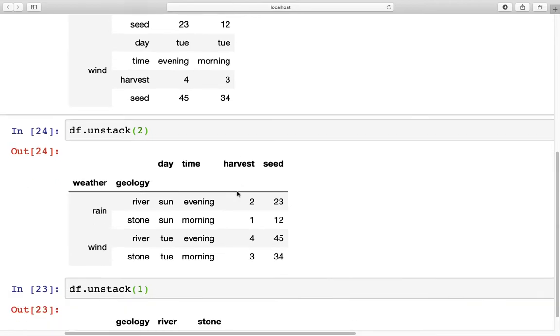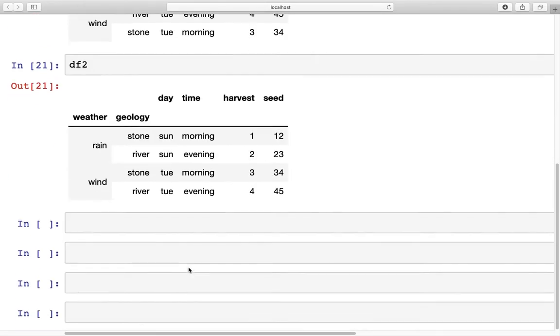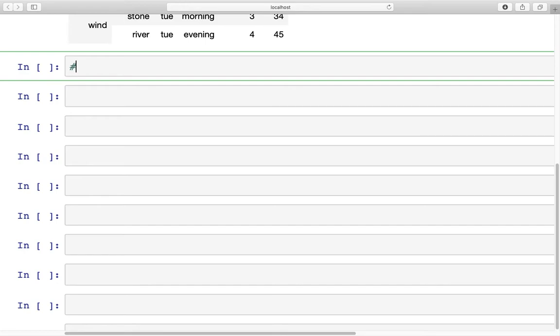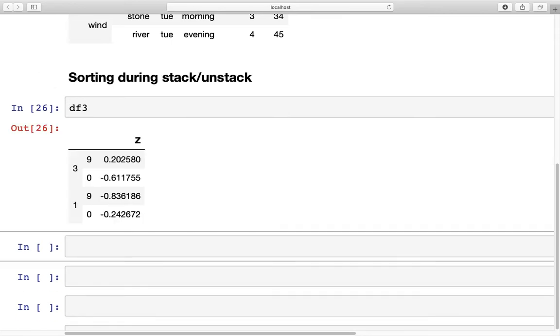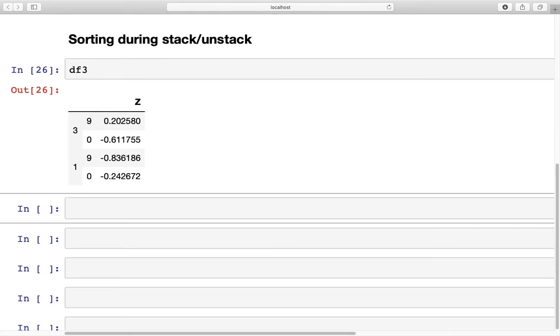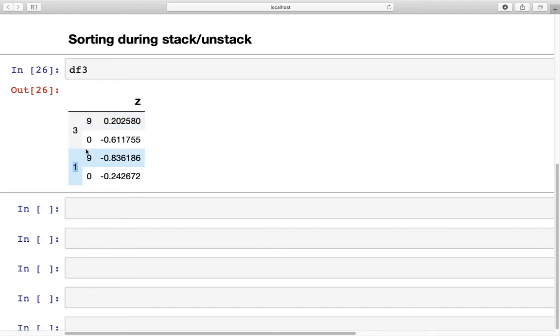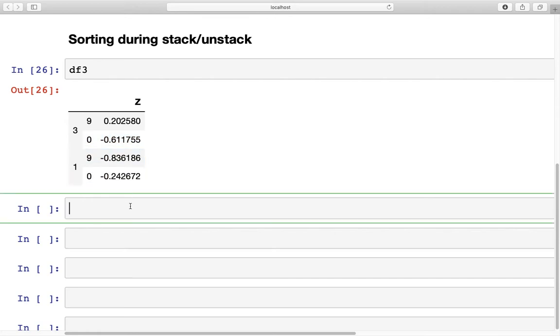Now we've already looked at the sorting, but let's pull the example that was specially created to see that. So sorting during stack unstack, we are going to use the data frame df3, and as you can see in this data frame we have 3 which appears first, 1 appears in the next, and then 9 appears before 0. So if we try to stack this or unstack it,